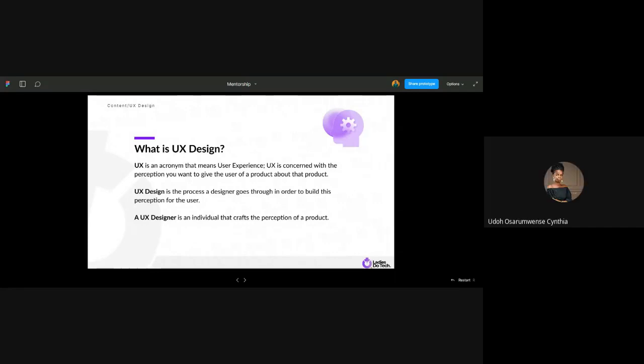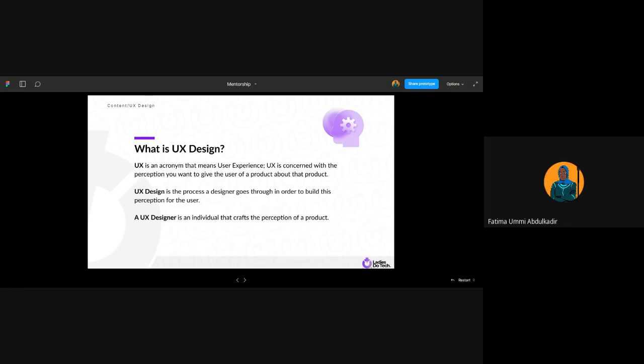Yes, UX design, it's a design that involves the user experience. So in UX design, you have the user in mind, and so it's often driven by research, and that research is between different users or the target audience. All right. Thank you.